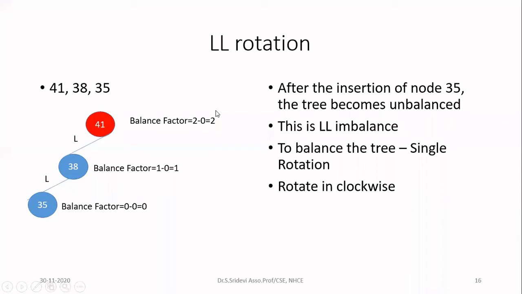So now it is a positive number indicating that it is heavy in the left subtree. If you get a negative number, it will indicate that it is heavy in the right subtree. Now it is heavy in the left subtree. So I have to identify what the type of imbalance is. For that, again, start from the newly inserted node and travel towards the root node. Stop when you get the first node with imbalance. That is the node you have to balance now.